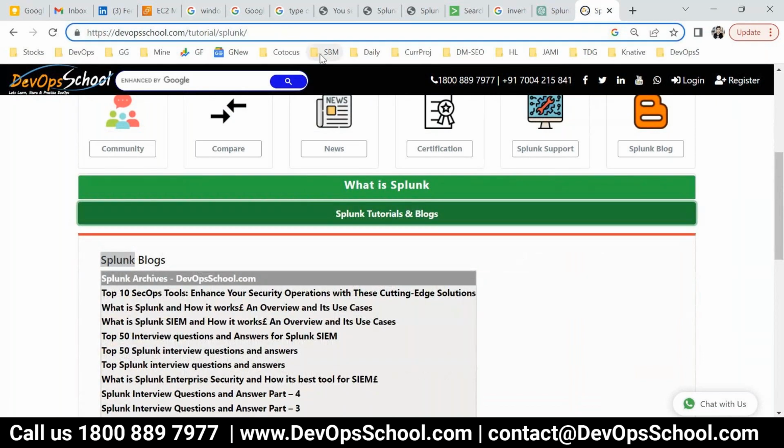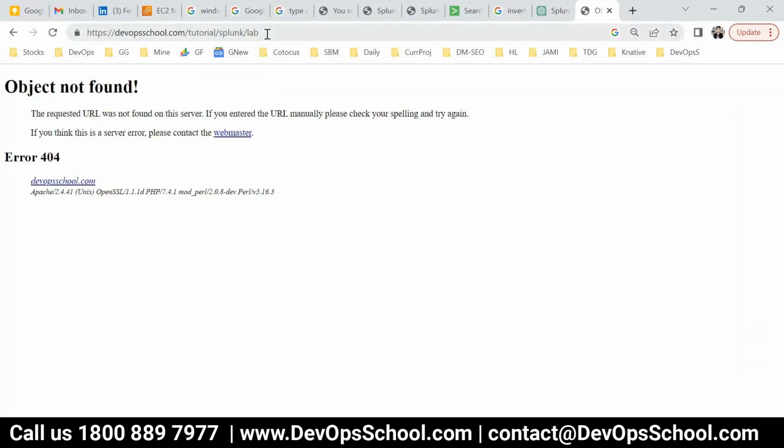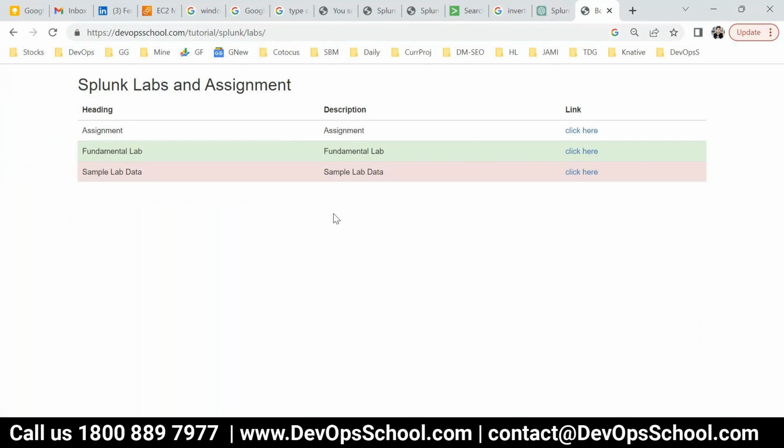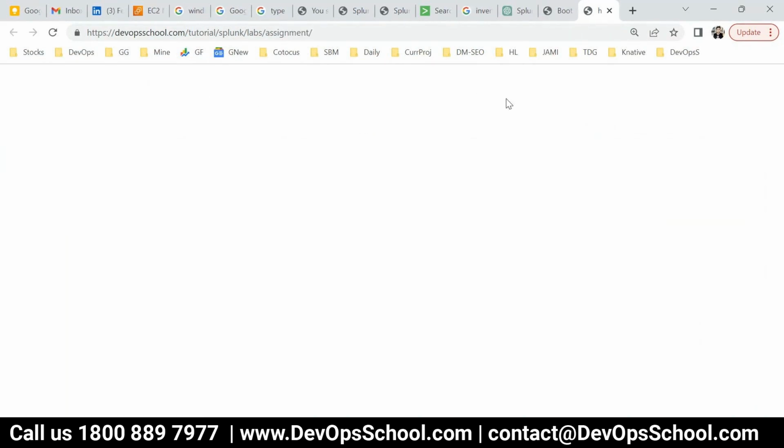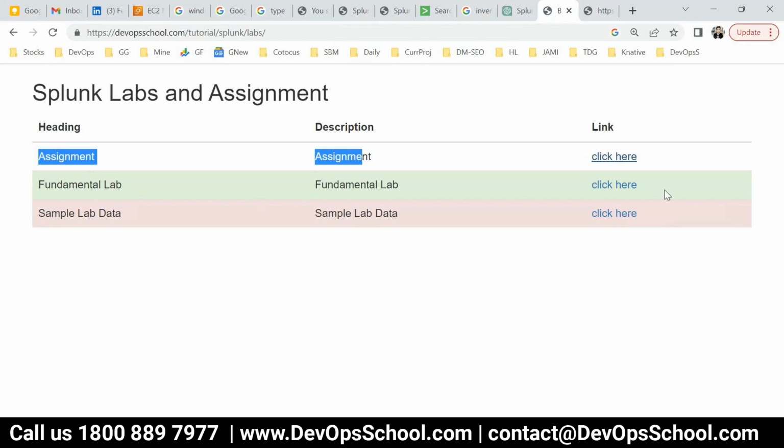Someone has modified this page oddly. So basically I designed this one for practicing the labs. Okay. So first thing, these are some assignments you have. I think something is a problem in that. Okay. So fundamental lab here you have,